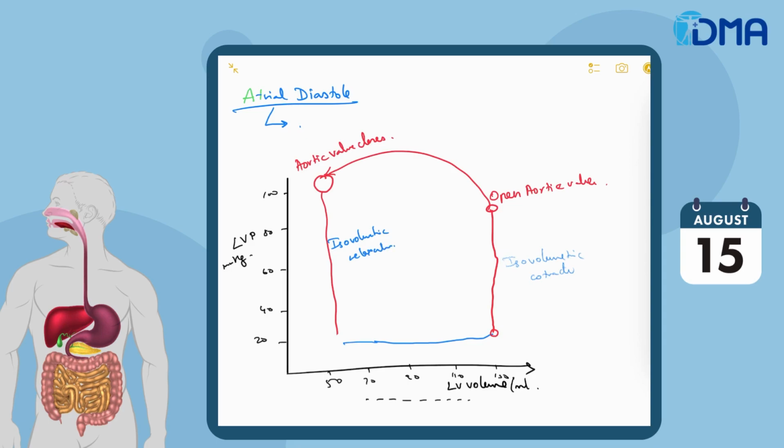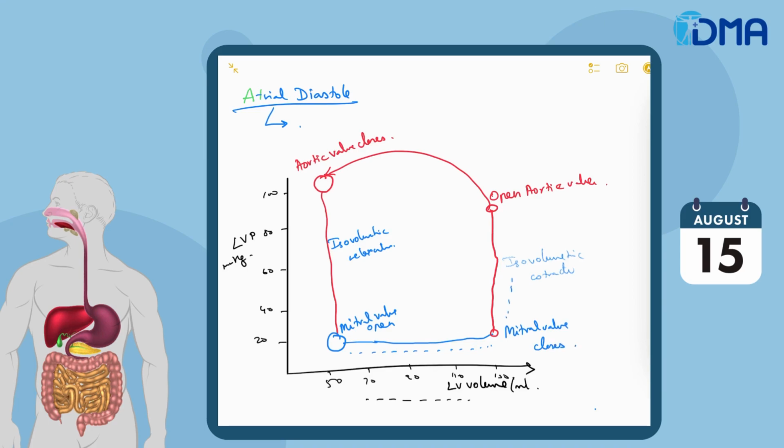It has to receive blood from the left atrium. From the left atrium to the left ventricle, what valve is there? It is nothing but the mitral valve. So the mitral valve has to open for the blood to come inside the ventricle. Once the blood is inside the ventricle, the mitral valve closes